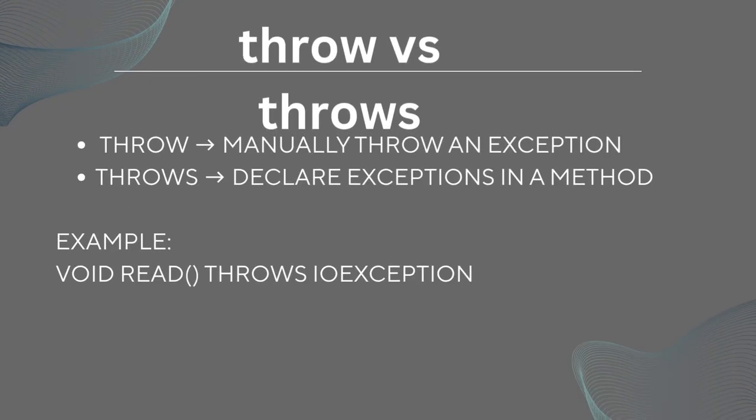Next one, throw versus throws. Let's talk about throw and throws. The throw keyword is used when we want to manually create an exception. For example, if a user enters invalid data, we can throw an exception. On the other hand, throws is used in a method declaration to tell the program that a particular method might throw an exception, and the calling code